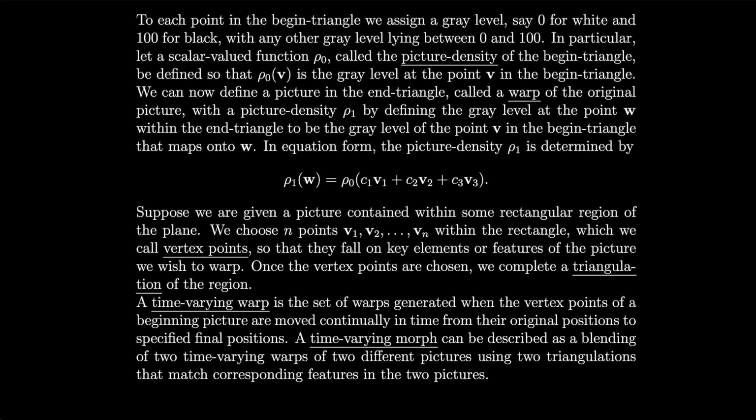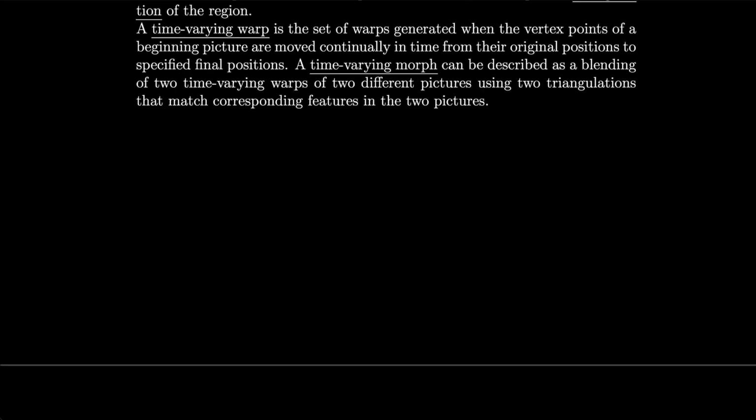A time-varying warp is a set of warps generated when the vertex points of a begin figure are moved continually in time from their original positions to specified final positions. We won't do an example of that, but you can kind of imagine it. A time-varying morph can be described as a blending of the two time-varying warps of two different pictures using two triangulations that match corresponding features in the two pictures. We'll do just the